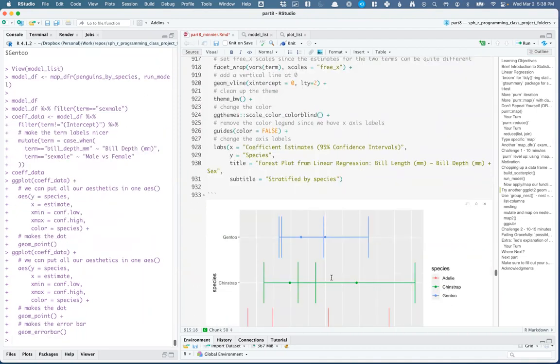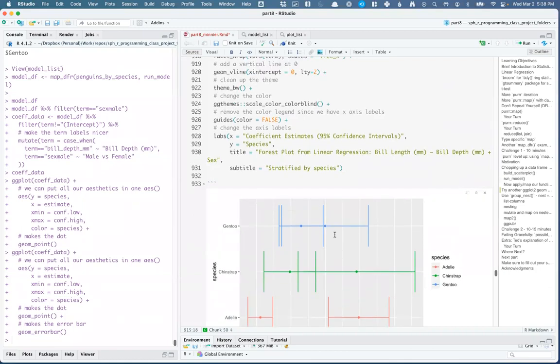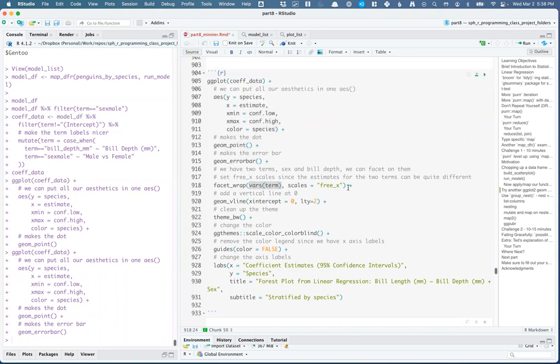If I add error bar, I'm just running this part of the code plus the error bar. Now we can see the error bars, but they're all lined up on top of each other. And I, again, don't know which one is which term. So in order to specify that, I use facet. I'm going to use facet wrap here, faceting on term, which is which coefficient estimate or which predictor I'm looking at. I'm going to make scales free x because, as you'll see,